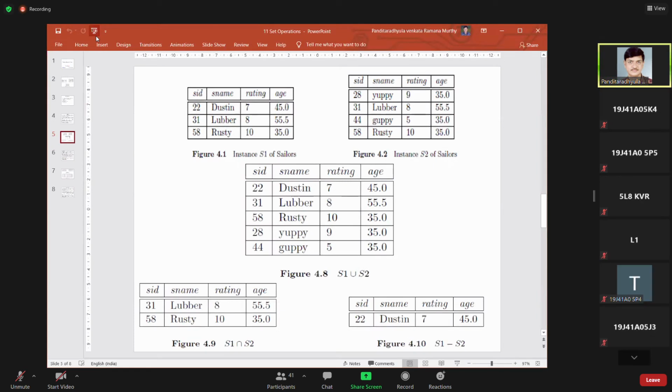What is the advantage of union compatibility? Say I want to combine S1 and S2 here. In relation instance S2, we have all the values above 5 only.